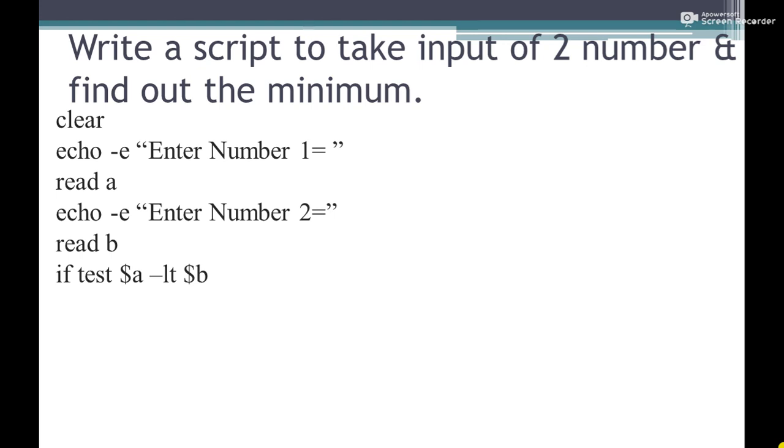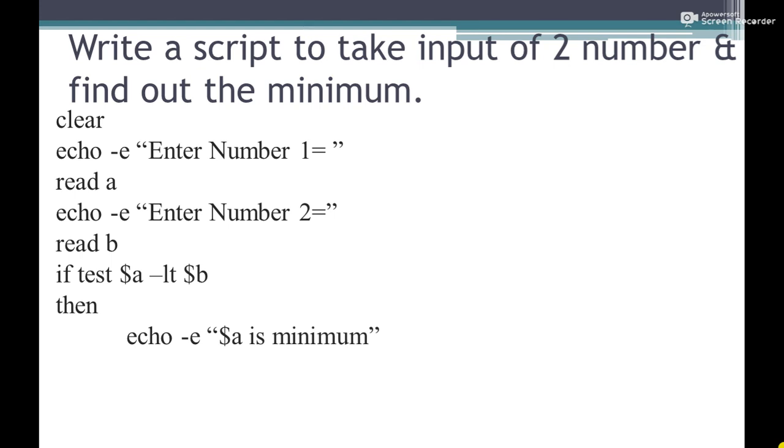So the command will be if test $A -lt $B. If $A is less than $B, then this condition gets true, and it will go into the then statement, that is echo -e "$A is minimum".